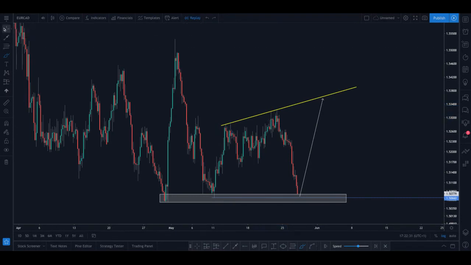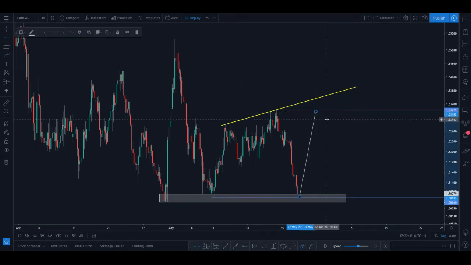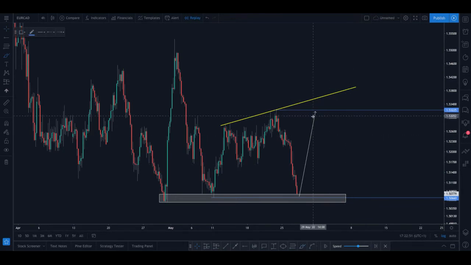So I actually wasn't watching this pair until we were reaching this high here. I only started watching it as we approached this level. And my bias was, if I rein the arrow in, my bias was we'd come here, we'd see a nice correction like this, move back up to the top, sell pressure, break this level,